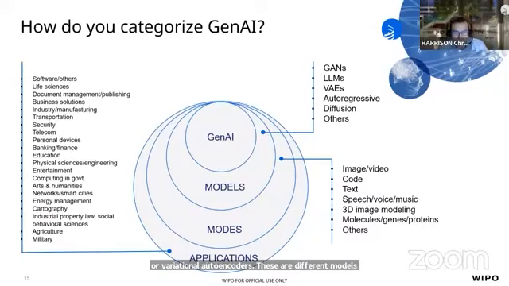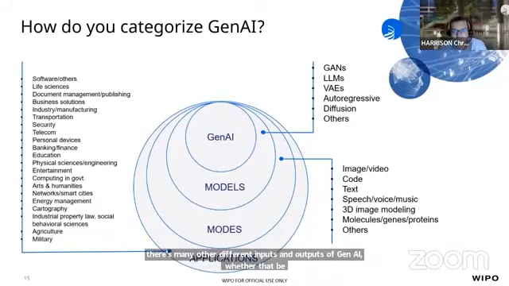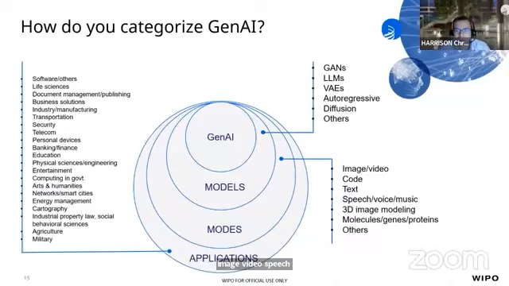We then have the modes, which are basically the different types of input or output data. So you might be quite familiar with talking with a tool like ChatGPT, using text data, but there's many other different inputs and outputs of Gen AI, whether that be image, video, speech, but then increasingly, and we'll come on to see this, other inputs and outputs like molecules and genes. And then applications, we will come on to this shortly, but there's many different applications that we grouped where Gen AI is having an impact.